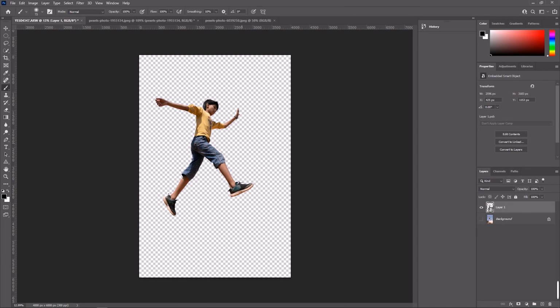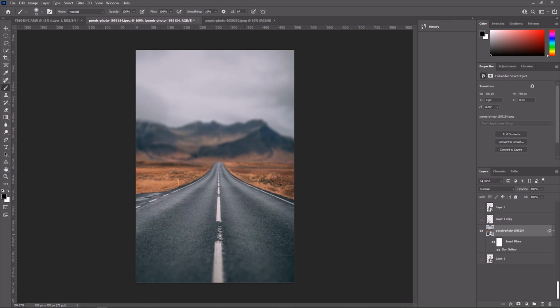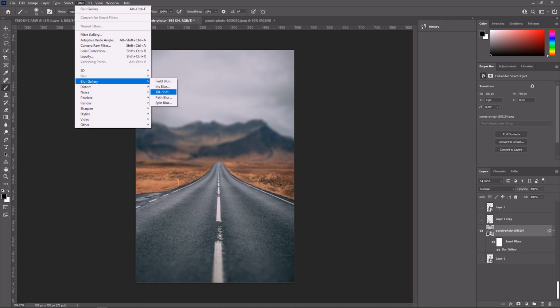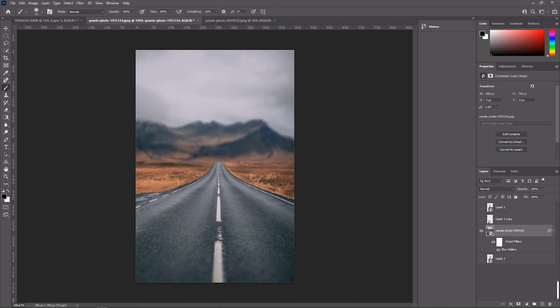Here you can see that what I did was I cut a PNG of the model image and adjusted it as per my requirement, and I have to shift it onto the screen. As I have made so many layers, I have already edited this. I have taken this image and added blur from the filter, Blur Gallery, and then Tilt-Shift Blur. As you can see, the background image is blurred. So this is how it came to be.